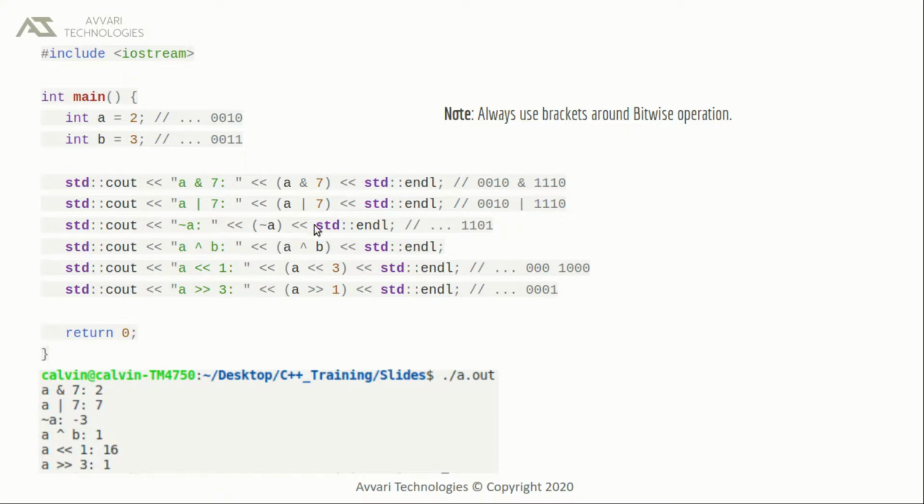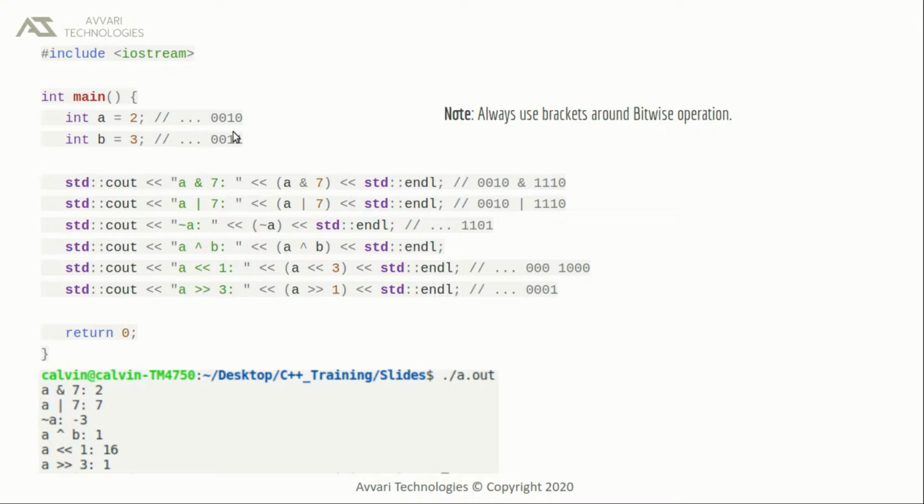Next we are inverting the bits of a number. The value of A is 0010. If we invert, 0 becomes 1 and 1 becomes 0. The length of integer is 32 bits in my hardware. The length of data types depends on the compiler and the machine we are using.